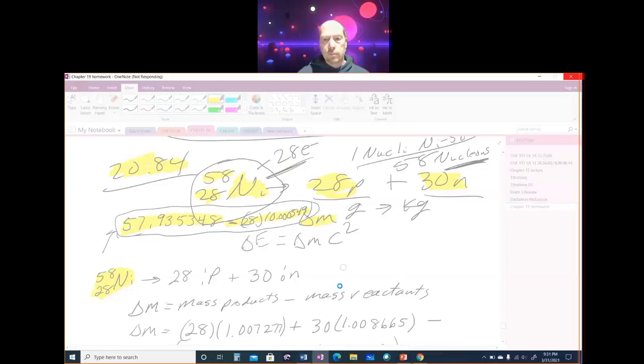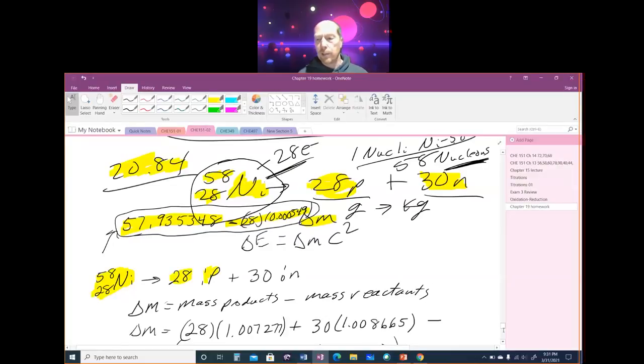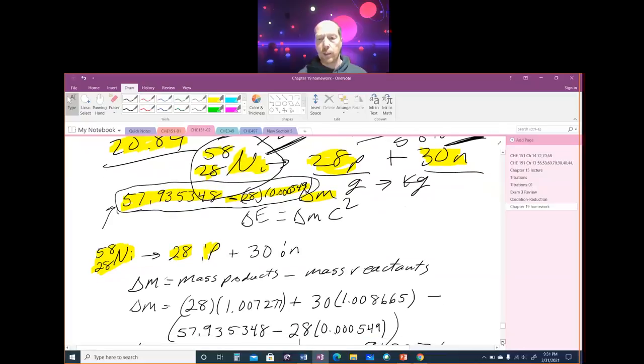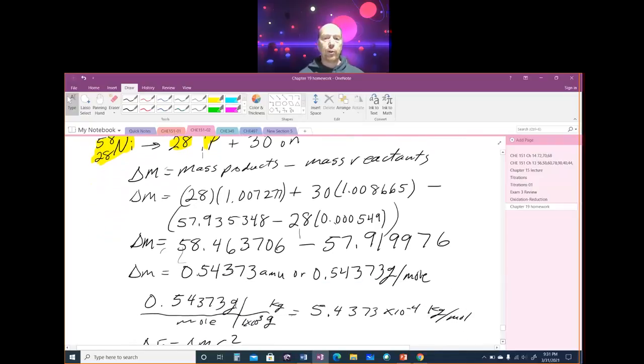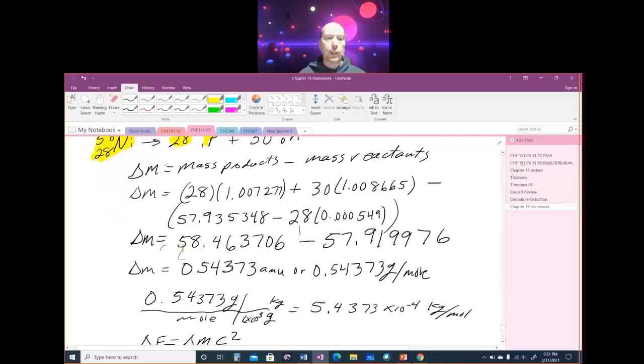All right. So when you do that, you're going to get your change in mass. And anytime you're doing a mass defect, that is always going to be an endothermic reaction. And so that means that your change in mass is always going to be a positive number. All right, so when you get those numbers, you have for your 28 protons and 30 neutrons, 58.463706. And for your mass of your nickel, minus the 28 electrons, 57.919976. So your products minus reactants gives you a positive delta M of